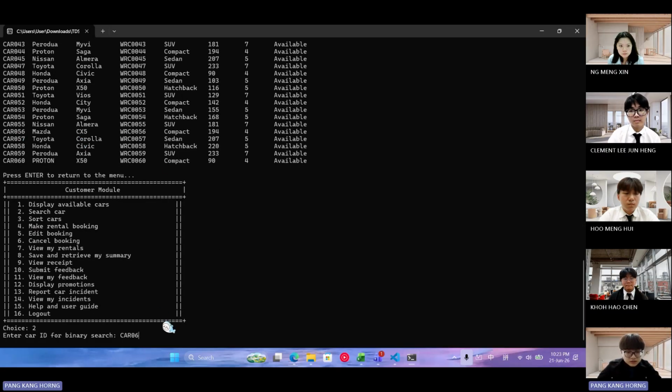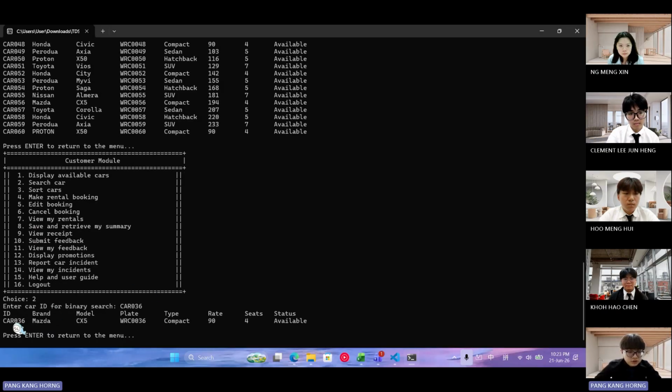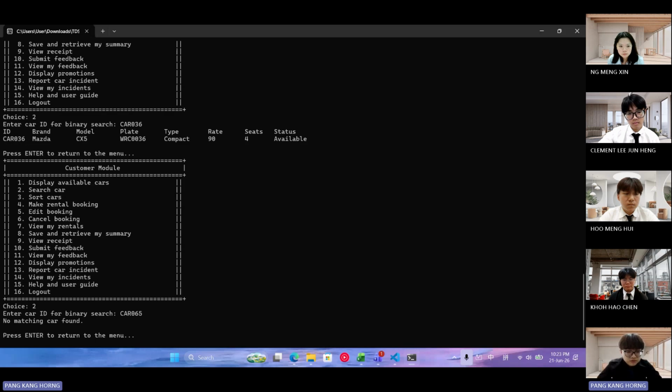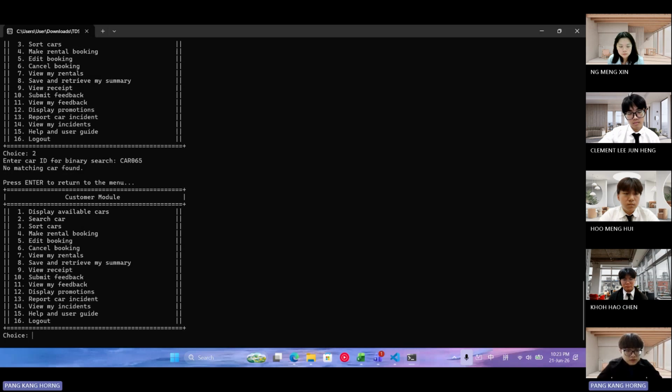We type 036 and you can see it shows the car details for Mazda CX-5. If you type a wrong ID, or the ID is not in our system record, it will show no matching car found.